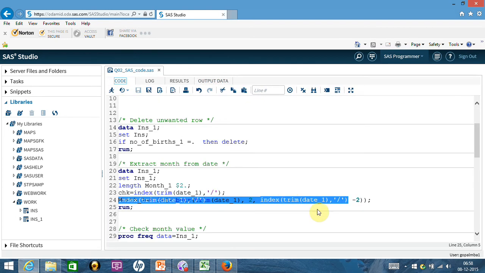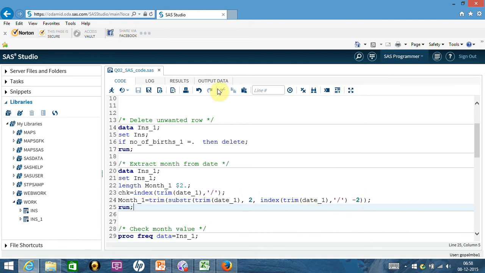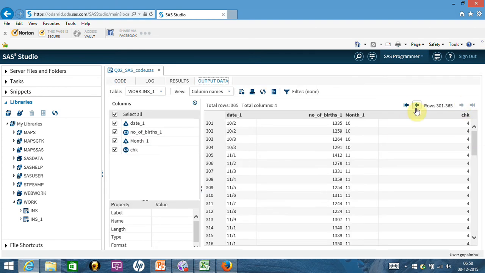That's what I am doing here. If you take a look, it has given me 4 -2 because I am starting with the second character anyway. I am saying give me 2 characters from the second character, and it is working even for the first few rows as well.